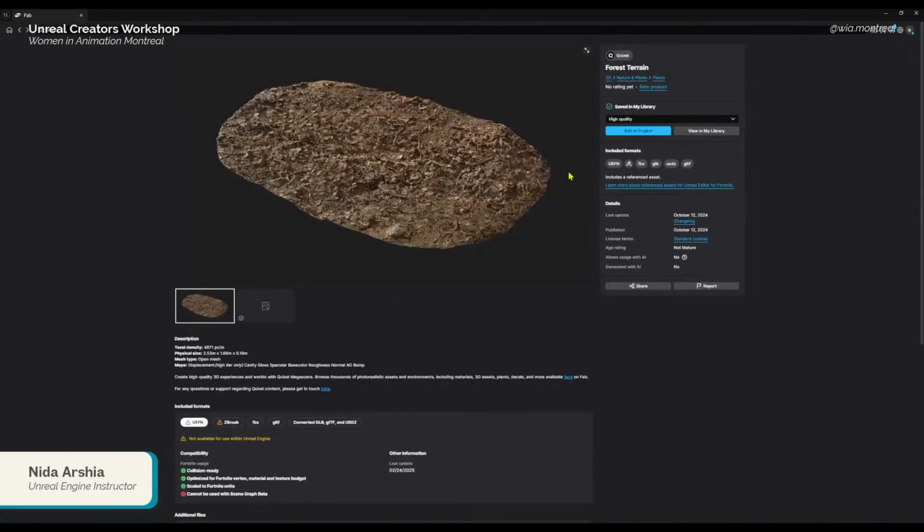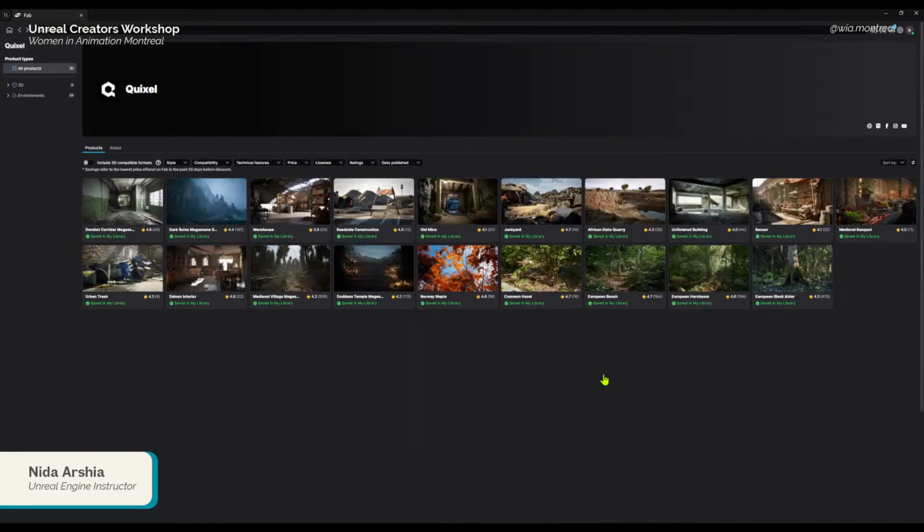For all the assets that I'm selecting, I can open the asset, go to the quality, whichever quality I want to work with. This is going to give you a different poly count as well as a different texture resolution. If you're selecting a medium quality, the texture resolution should be 4K or 2K. The highest you get is 8K in the Quixel assets. So this is the Quixel library.